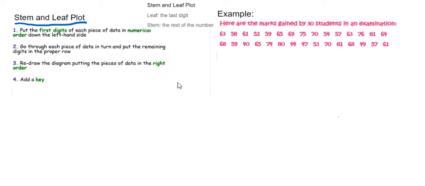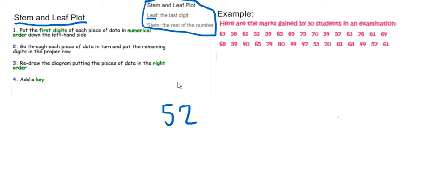Hi guys, so this is a stem and leaf plot. So first thing I want you to draw your attention to is this part here. So it says in this box that the leaf is always the last digit and the stem is always the rest of the number. So first thing I want to show you anyway, if we had the number 52,